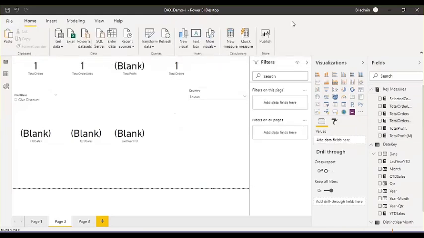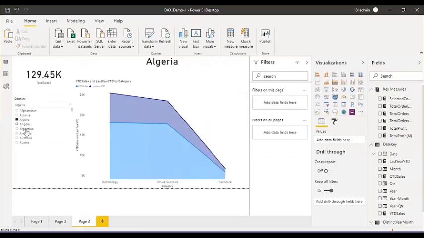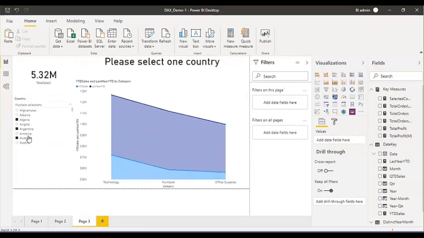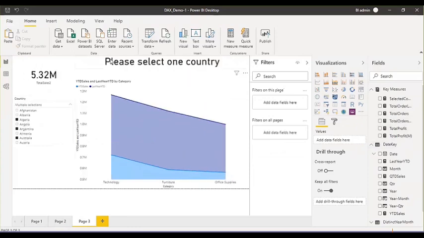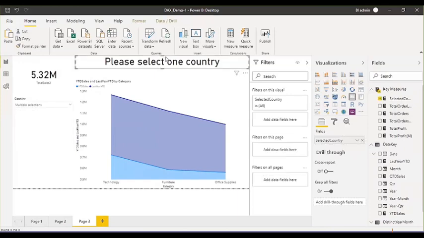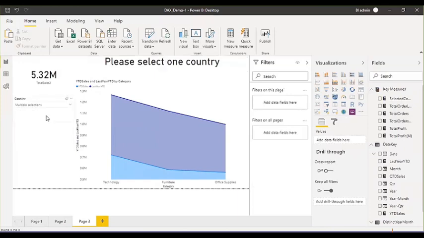Okay, I see one question. If you select multiple countries on this page, it will not show. It will treat it as if it is a blank, as if you haven't selected anything. So what you can do is either restrict your user to select only one value, or in case you want to allow multiple values to be selected, then here you have to do a concatenation. Then you can customize it like this: Algeria, comma, Argentina, comma, Australia. Okay, so that is also possible. For that, you have to concatenate the values. All right. This was the selected value function.